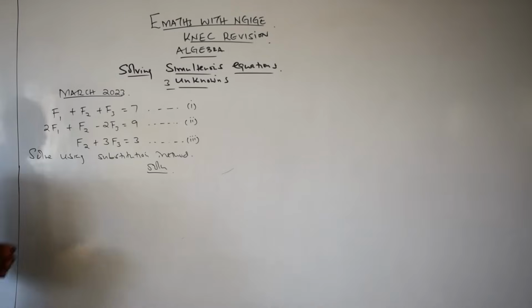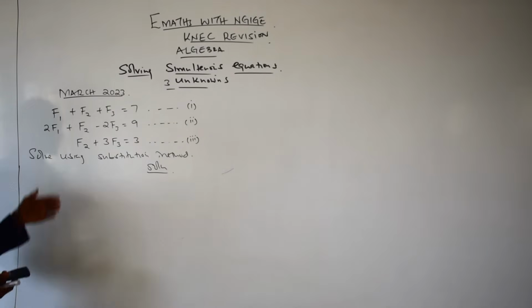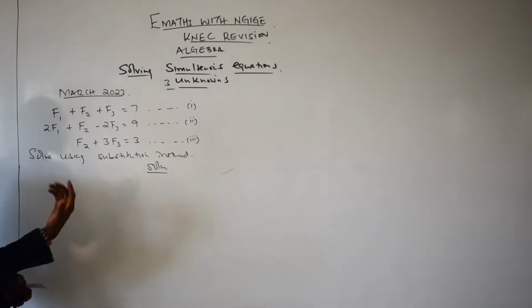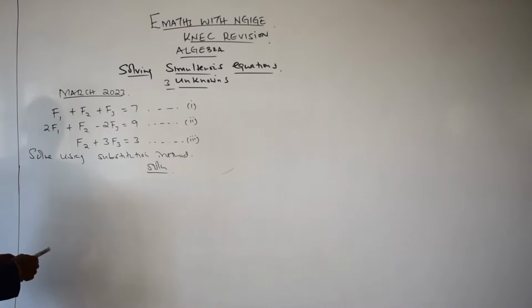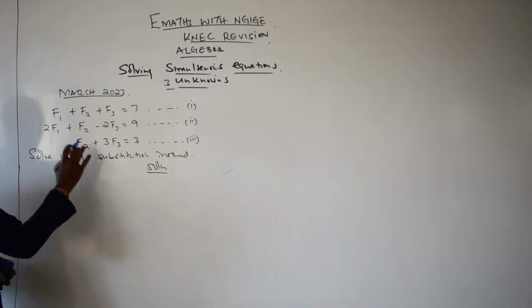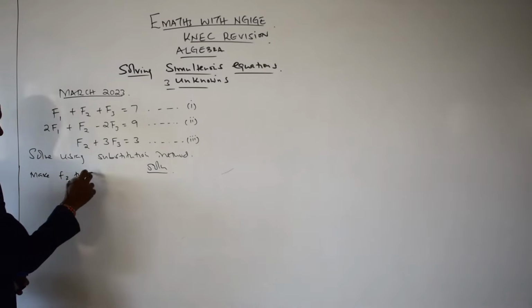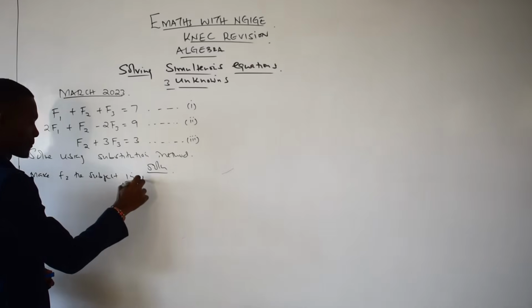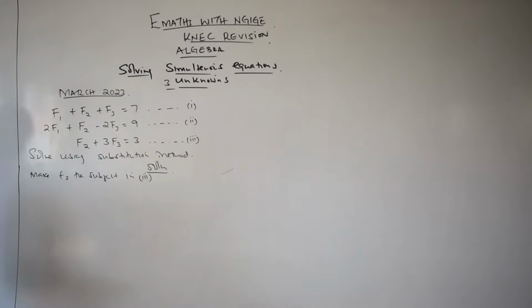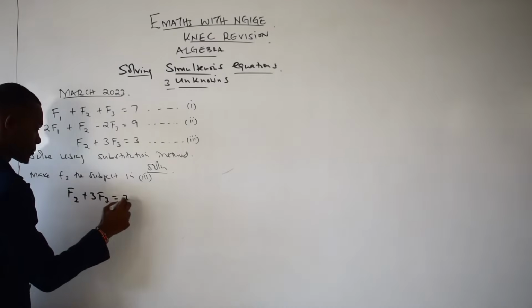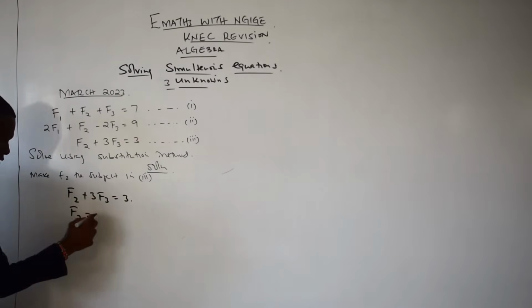The same way we have done in a 2 by 2, we'll do. We check one of the equations and make one of the terms the subject of the formula. In our case here, we shall take the equation that has only two unknowns, so we can take equation number 3. Using equation number 3, we make f2 the subject of the formula. So if f2 plus 3f3 is given by 3, therefore f2 is the same as 3 minus